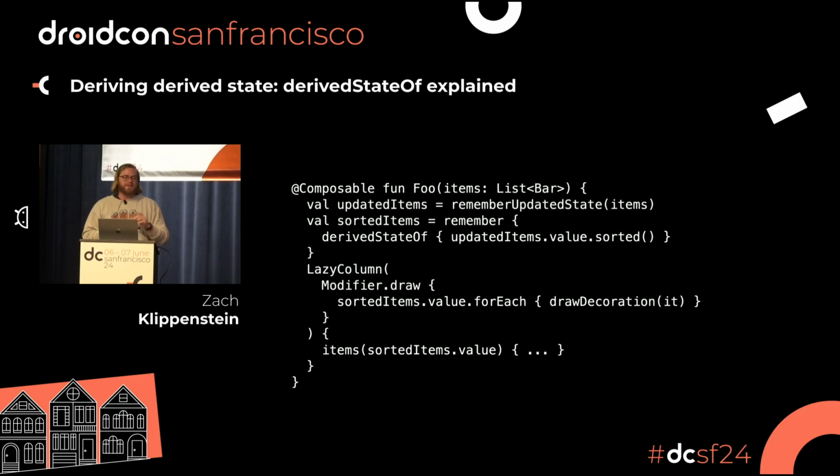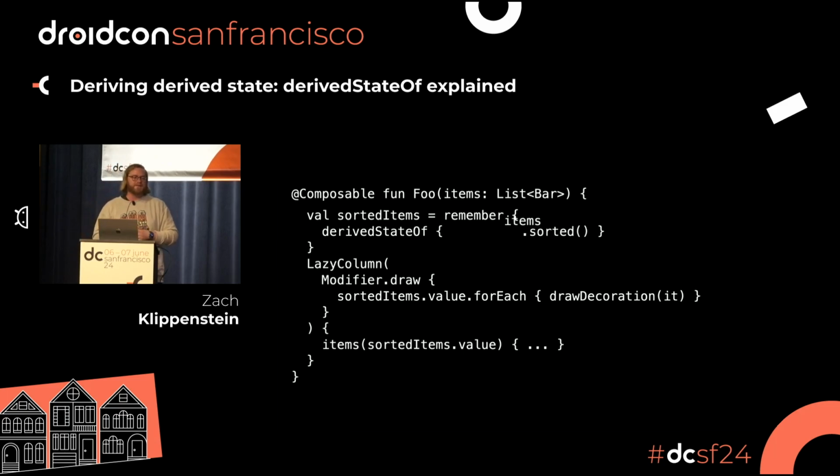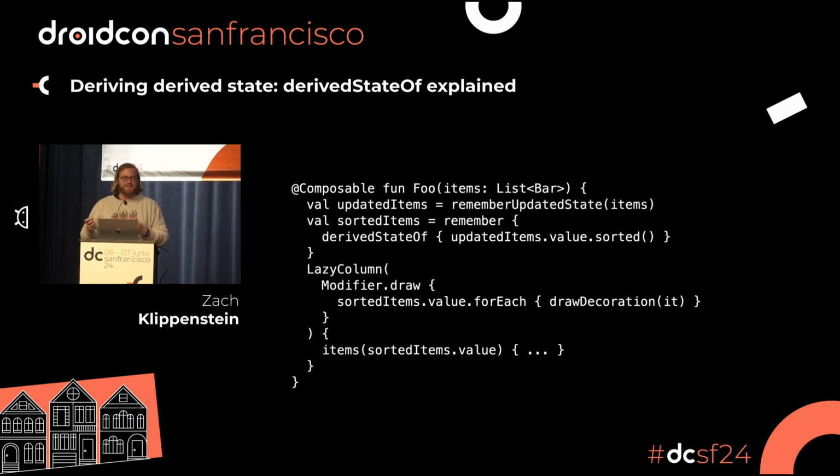Oh yeah, and there was one problem with that slide, which is that if you're going to have a derivedStateOf, that's going to capture that items value. So you need to convert that items value into a state. And remember updated state is super helpful for this. Now the derivedStateOf lambda is going to be reading that snapshot state, updated items, and it won't calculate until we need it